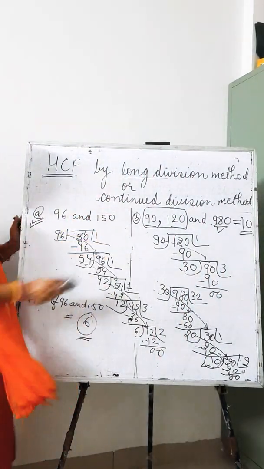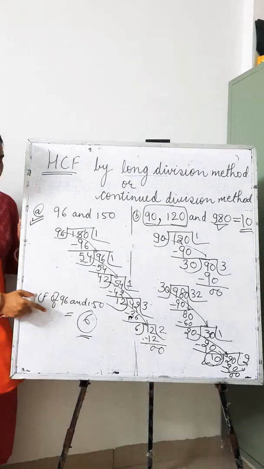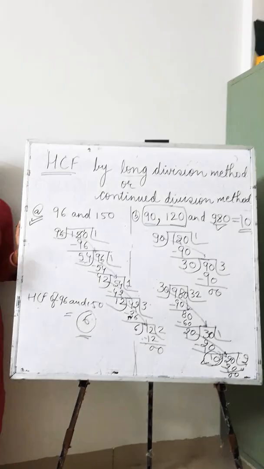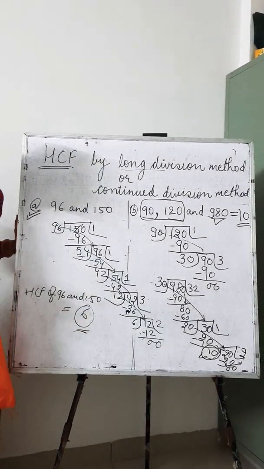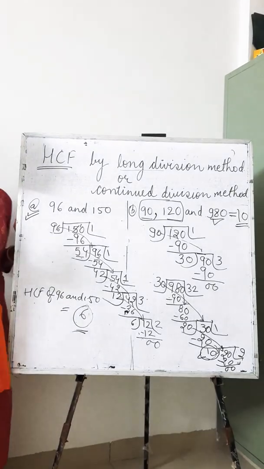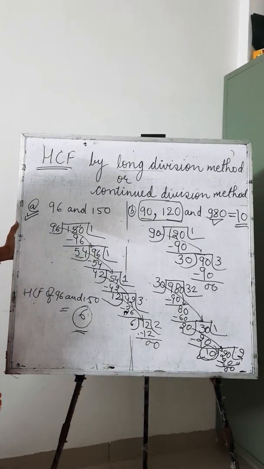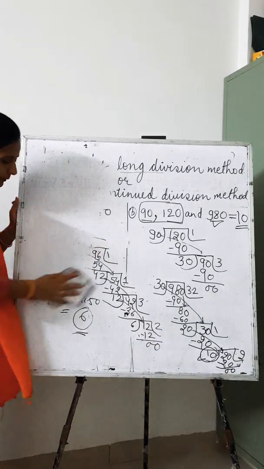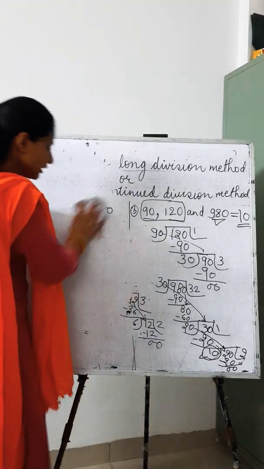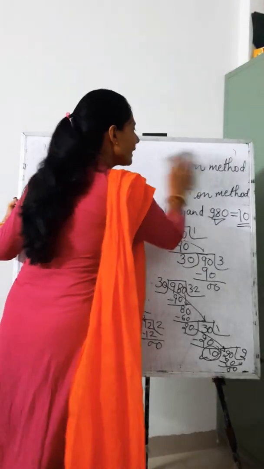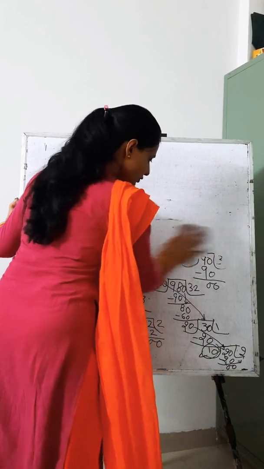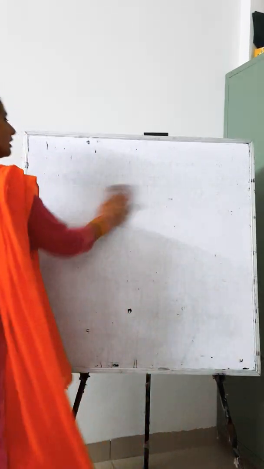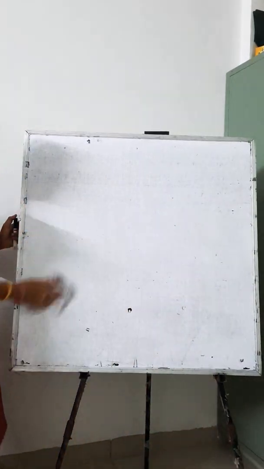So don't go away. You can pause my video and note down this method of long division to find out HCF, and try to solve more questions from your book, because as you know that practice makes maths perfect. As we have heard, practice makes man perfect, but here I have changed the saying, that is practice makes maths perfect. So children, if you won't do it, then you won't get it. So try to solve more and more problems.